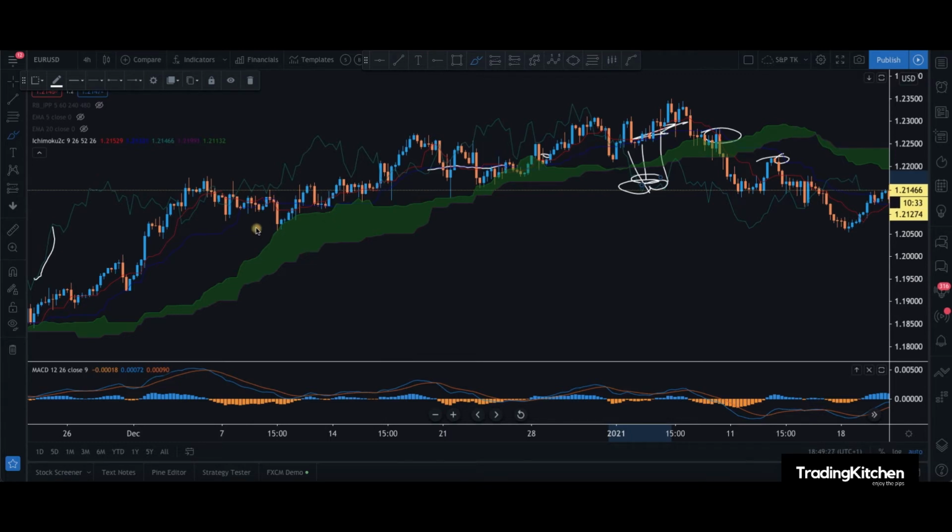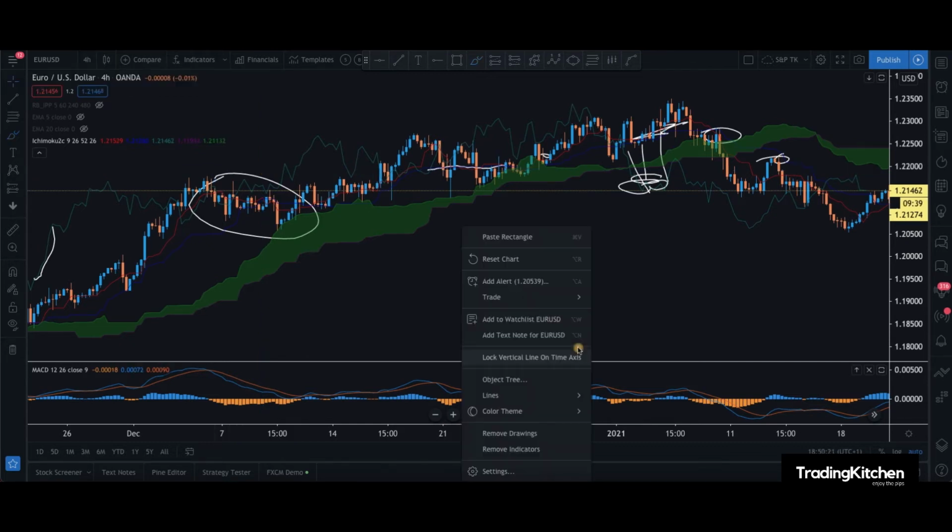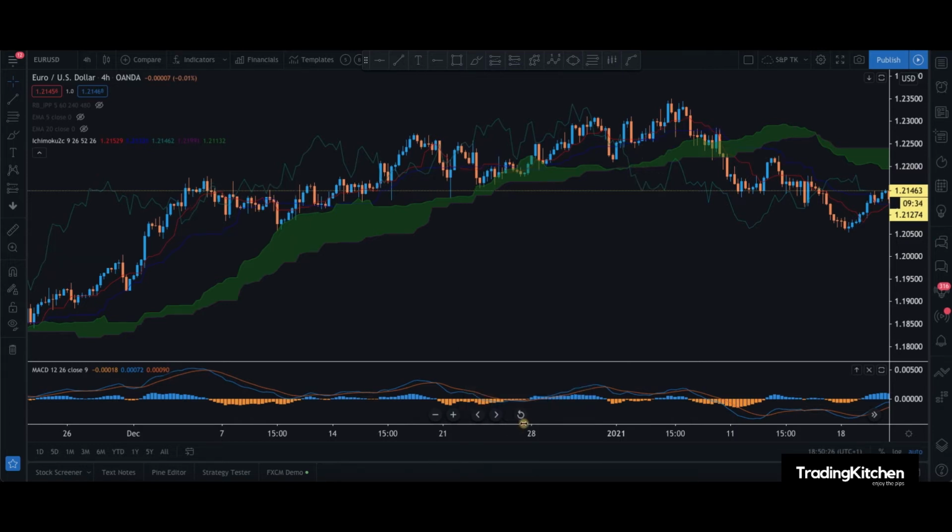When the lagging line is near the current price, like here, for example, this indicates a ranging market. So we usually have to wait for a strong movement to trade. Let me remove all the drawings to speak about the cloud,